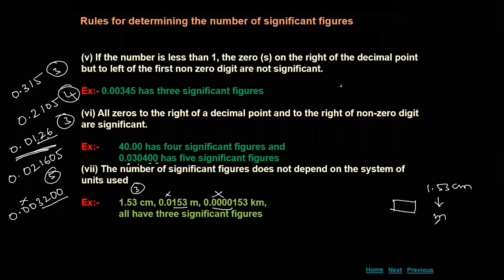Now if we measure it in meters, or convert it into kilometers, the value does not change. When the value does not change, the significant figures also do not change. When the value changes, the significant figures may change. But here the value won't change when it is converted into another unit. Only the unit system is changing. If significant figures are changing, it means indirectly the value is changing. That is what the 7th point means.